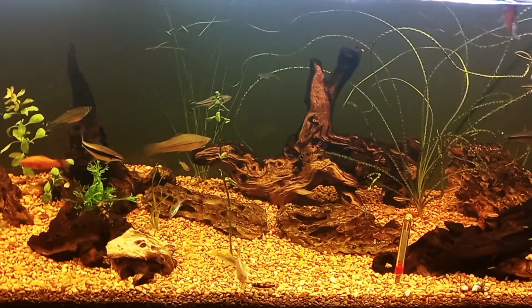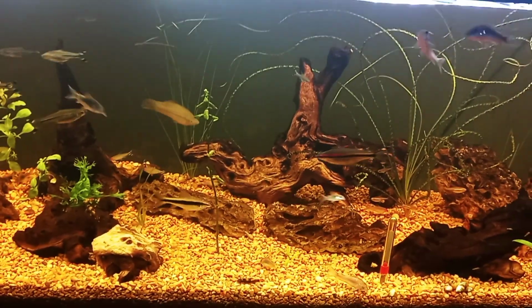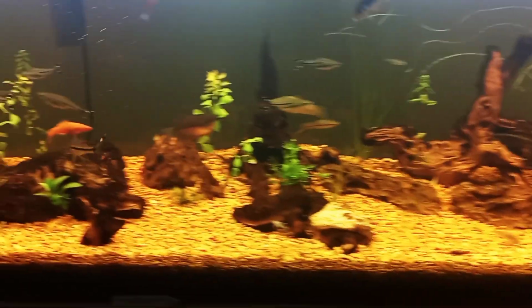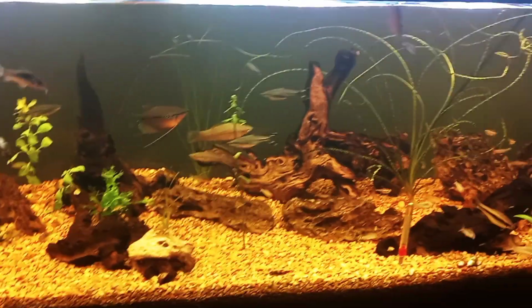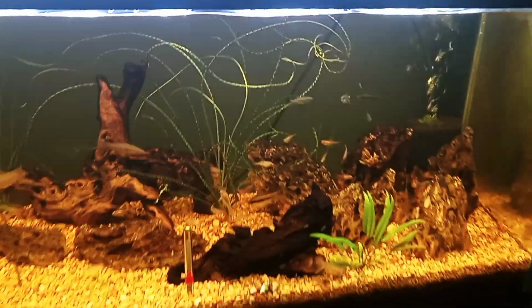So of what I just did tonight, moving all these fish, I still have the peppered cories in the quarantine tank. Those are going to go in my 10 gallon, but I'm going to do that later because I still have to do a water change on that 10 gallon before I make the move. And then I'll be ready to add more fish to the quarantine tank, and hopefully, like I said, that package will arrive